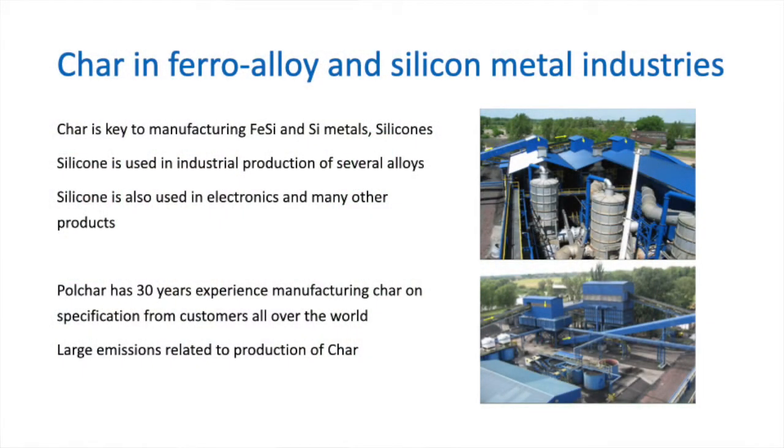Alex Nielsen is the president of Polchar, who is our producer of char, which is the carbon element that we will capture carbon emissions from. We started in 1995 exporting to various European countries, specifically Norway. We are producing a product that is used in the alloy industry to produce the alloys, specifically silicon metal and ferrosilicon. We're doing it by selecting coals with specific properties so that the charring of it, which is a semi-coking of the coal,